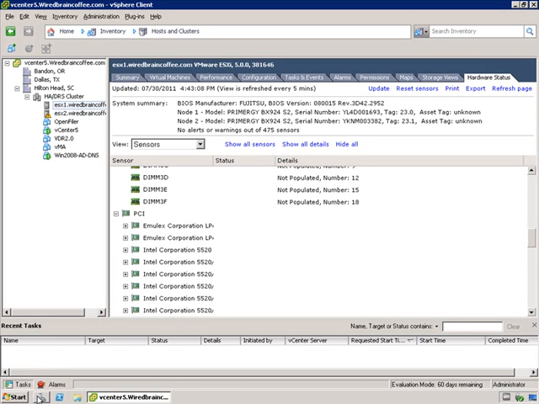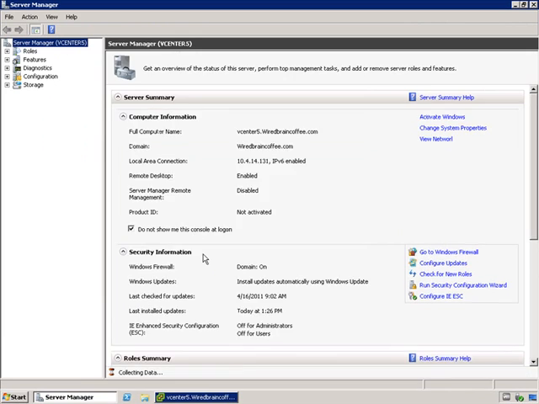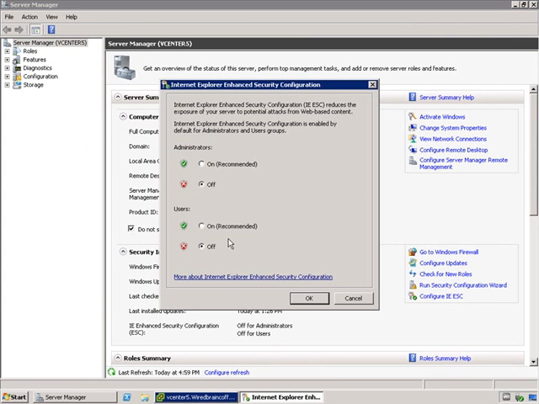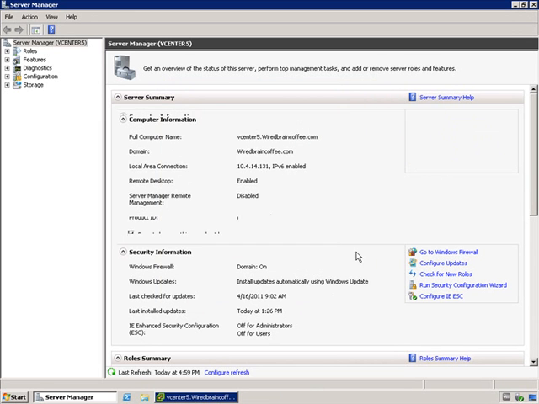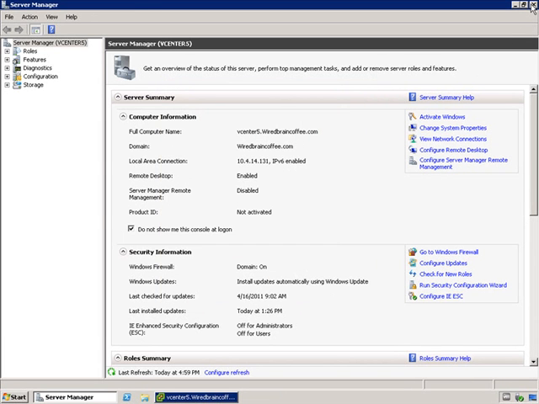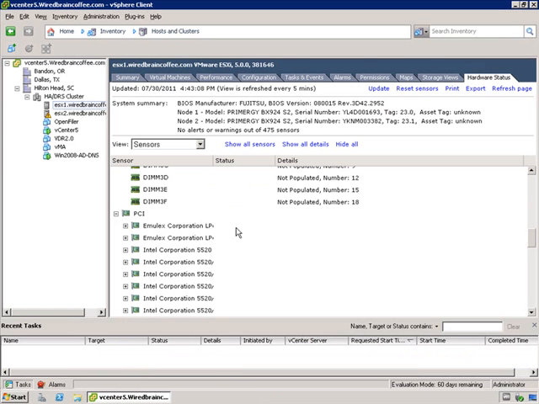Now, for those of you that don't know how to disable that, it's under Server Manager here. Make sure you select the top of the root here at the top of the tree. Come down here to where it says Configure IE ESC. Select it and make sure you have it turned off. That way it won't interfere with Virtual Center in displaying the information that you want in here for the